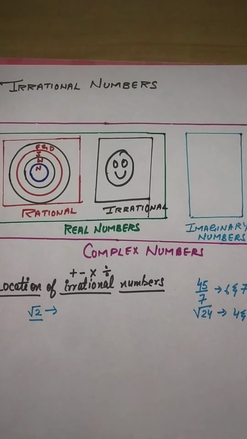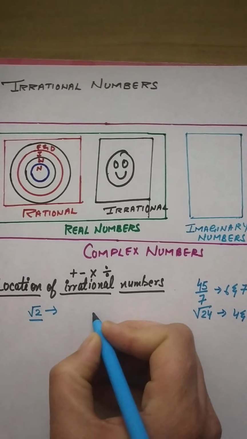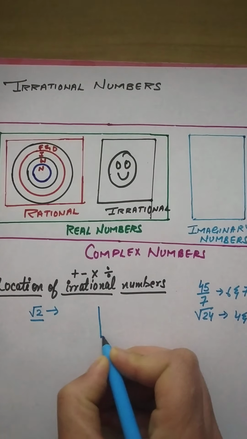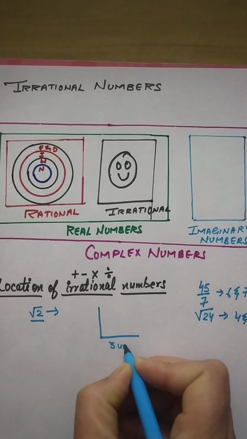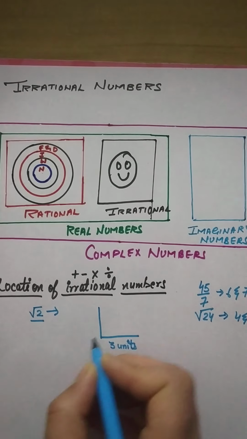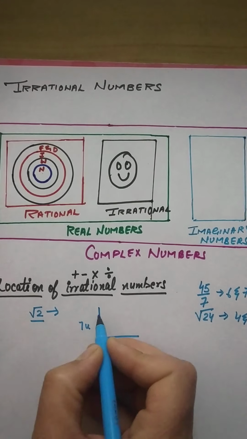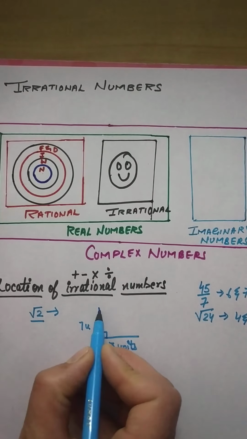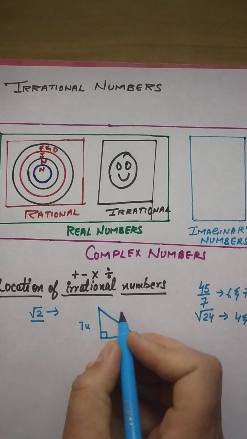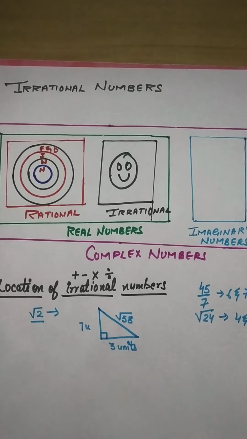While doing the Pythagoras theorem, we used to get the roots. How come? For example, we have a right angle triangle in which the base is 3 units, okay, and the perpendicular is also 7 units. So you can construct this 3 units, 90 degree, and this. Then this line is fixed, and by Pythagoras it is root 58. So we got a length which is root 58.